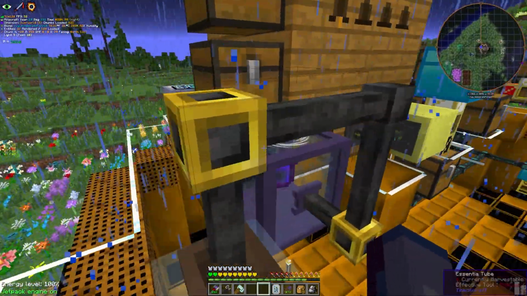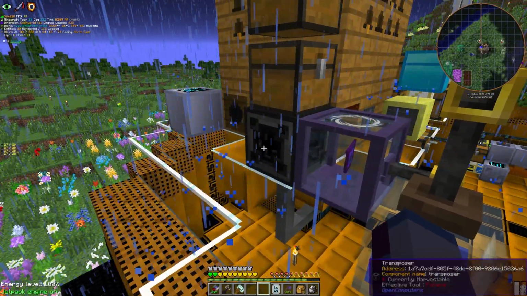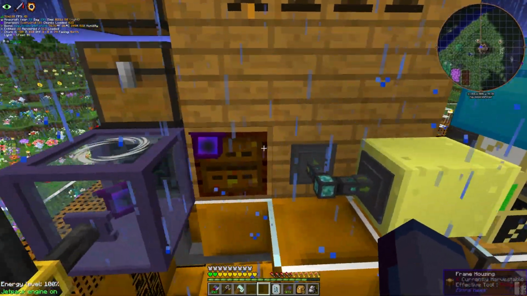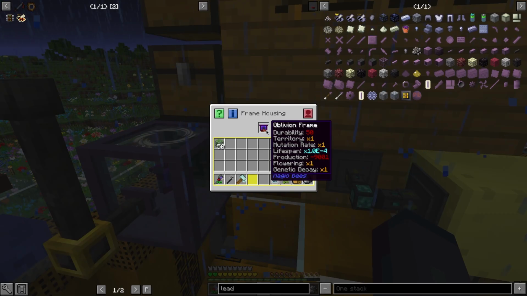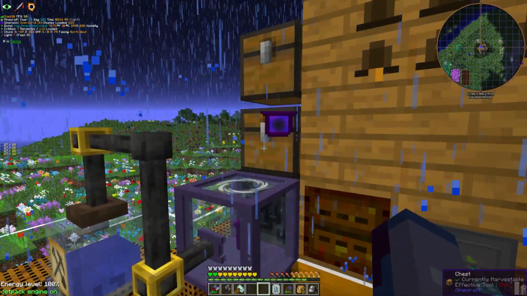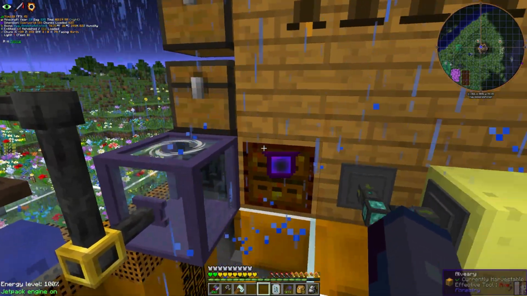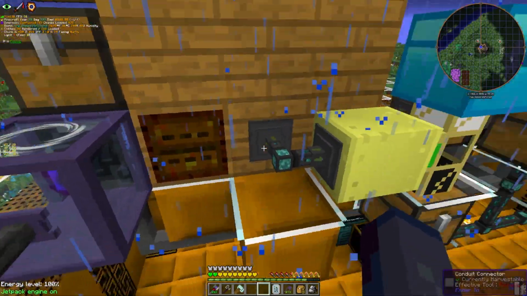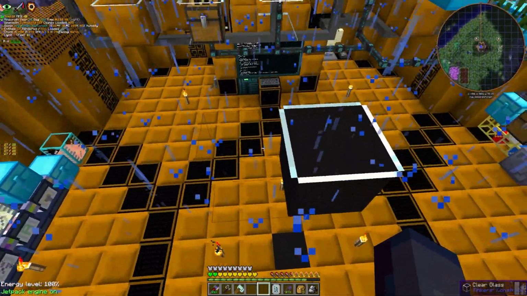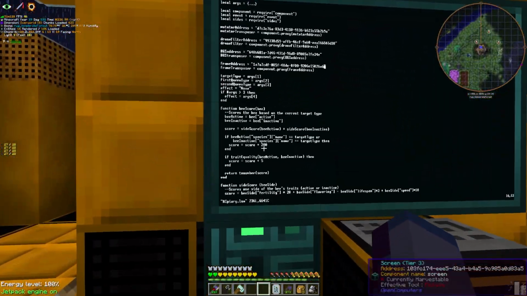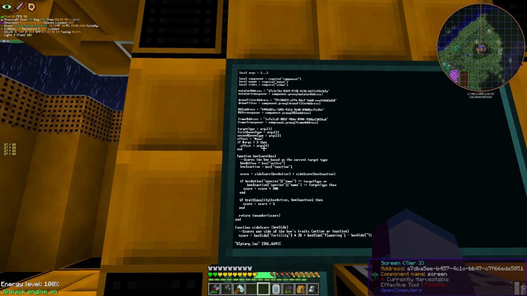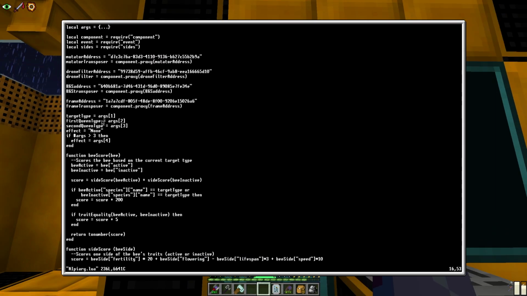So this is the frame transposer. This controls the frames. It's giving me anxiety having these all run here, like not touching it, because I made a change to that system recently. That's probably not in my GitHub right now. Okay, so